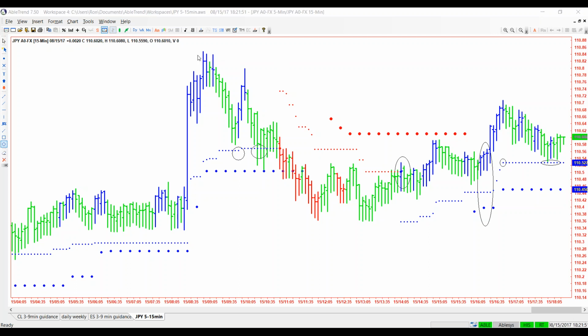With Able Trend's guidance chart, you might just have a small losing day because you'll get a lot of these no trade zones when the market is choppy. Before it gets choppy, not after the fact when everybody's already lost, before it gets choppy. So now that's where the guidance chart really comes into play. That's really where you see your money's worth, when the market is really choppy in a narrow trading range